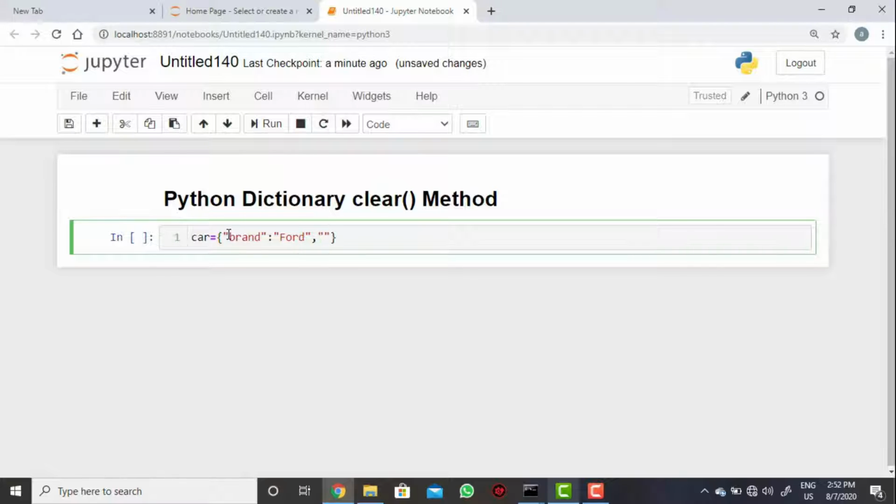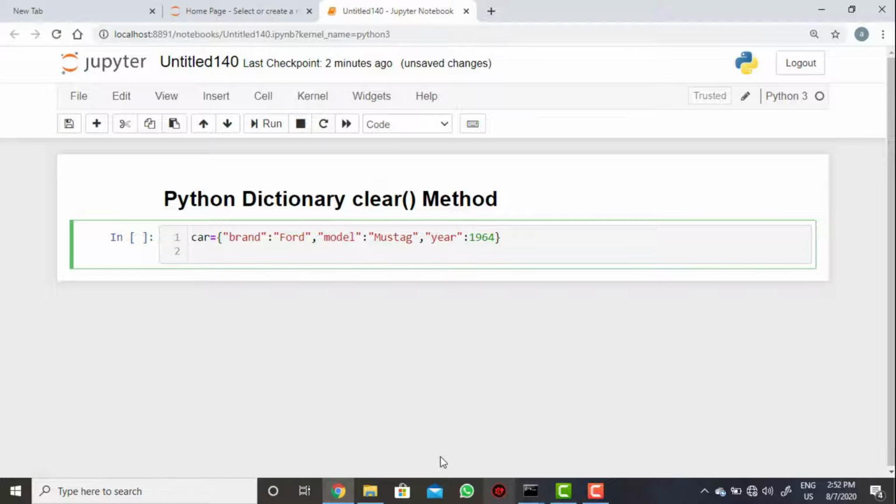Now model, you can say key, and then value, Mustang. Then year, you can use any value, 1964.